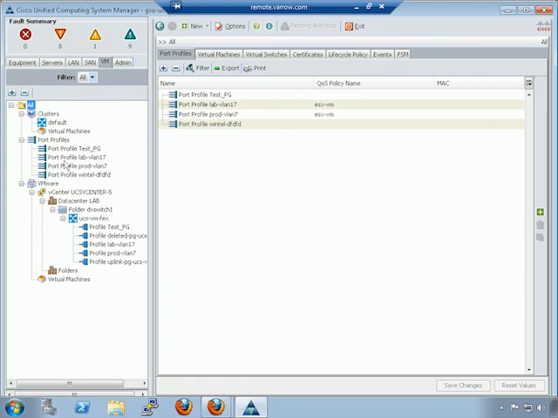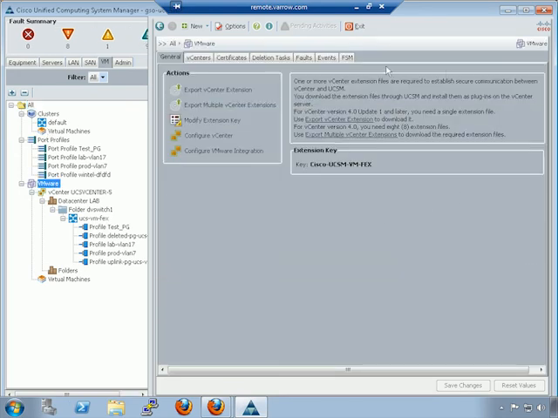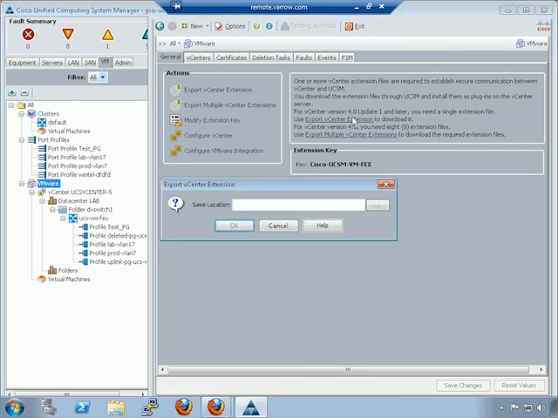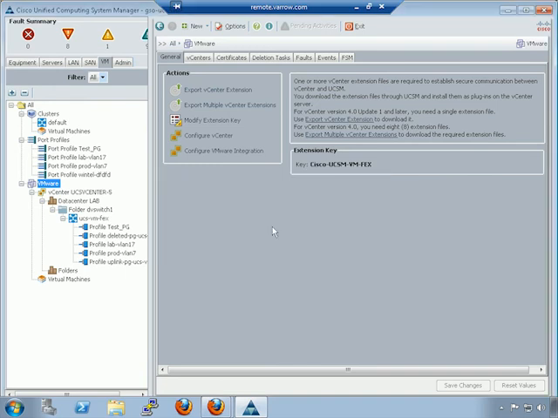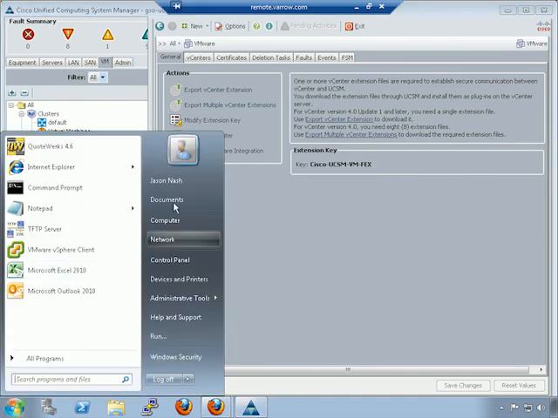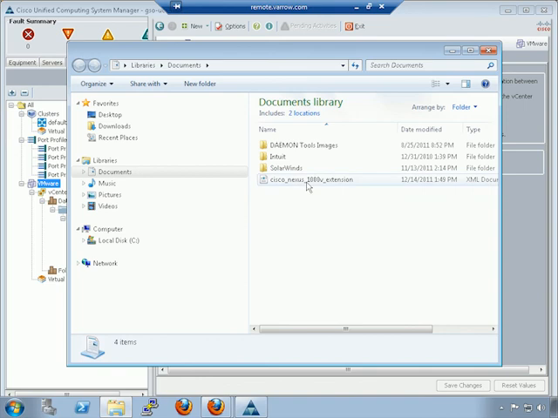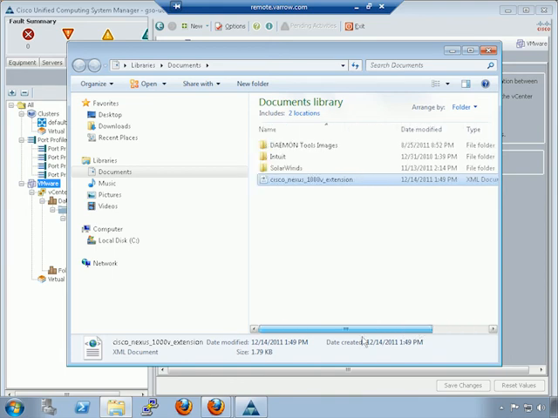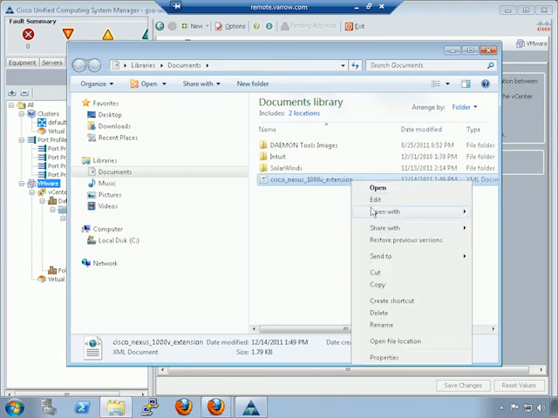the VMware environment. So now, what you normally do to start off is you'll go to VMware, and these are where you launch the wizards. Again, if you need to download the extension key, we can do this here. You just click this, and it asks for a location. I actually just saved this to my Documents folder, and it downloads this right here. And it's actually, oddly enough, a Nexus 1000V extension key. So if you've done that, it's pretty much the same thing. But if you want to see it,